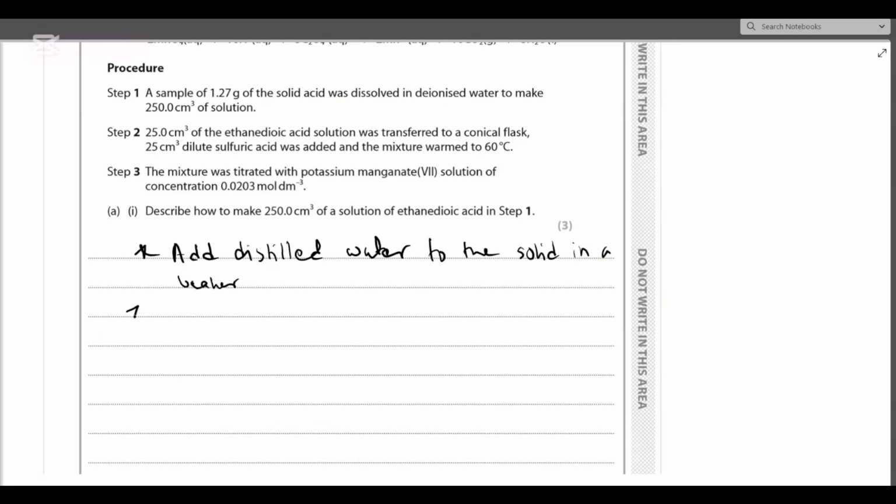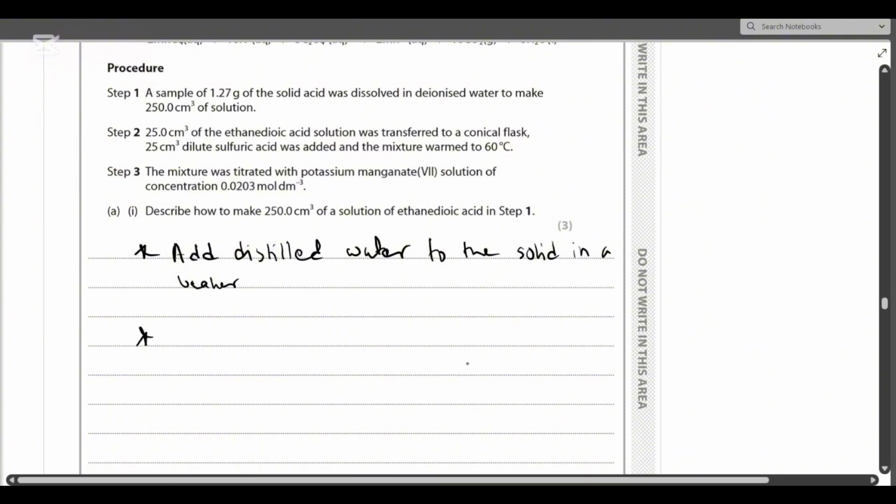So now after you add distilled water to the solid in a beaker, you transfer the solution. Basically, by adding distilled water to the solid in the beaker, you dissolve the solid and create a solution. Then you transfer this solution to a volumetric